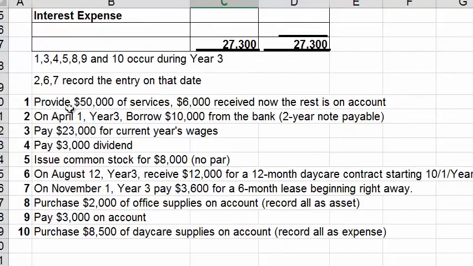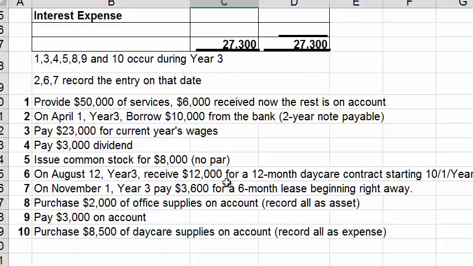Let's go back and look at the original story here. On August 12th of year 3, Sample Daycare got this $12,000 check. We don't care about the date we got the money. What we care about is how much of this $12,000 was earned during year 3, because we need to apply the revenue recognition rule